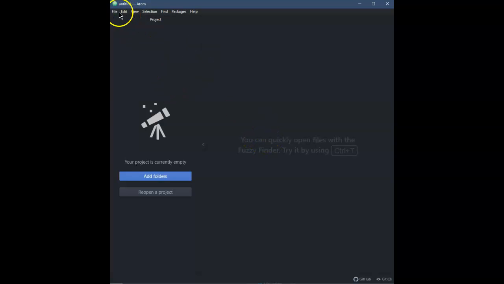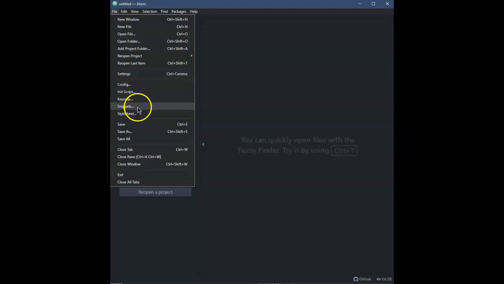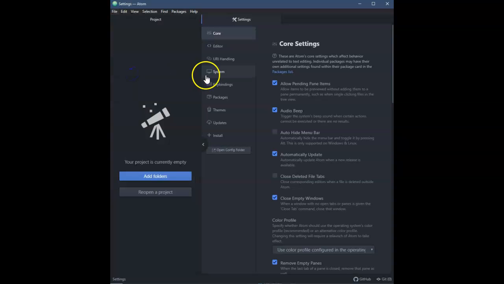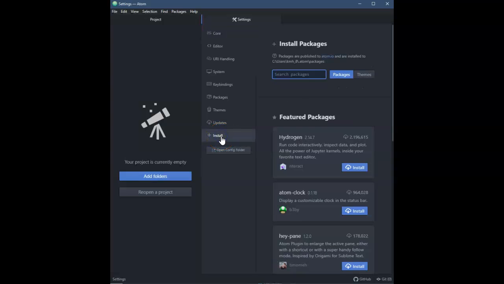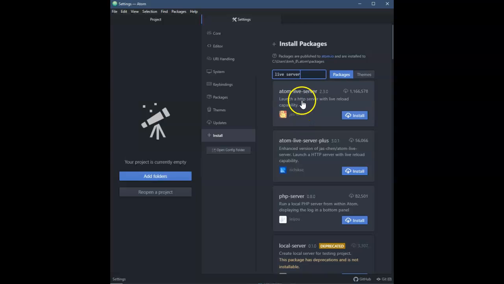So you're going to open up Atom, go to File, Settings, then you're going to come down to Install. You're going to search packages for live server, and you'll click on Install,